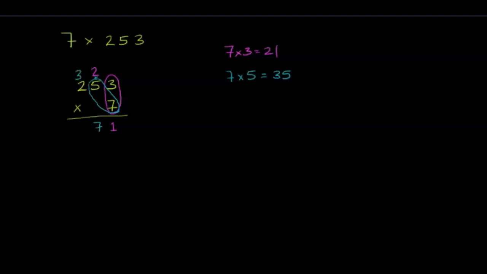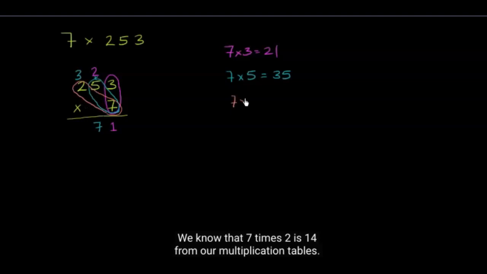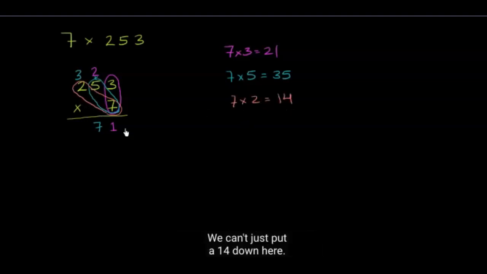Carry the 3. Now we need to compute what 7 times 2 is. We know that 7 times 2 is 14 from our multiplication tables. We can't just put a 14 down here. We have this 3 to add, so 7 times 2 is 14, plus 3 is 17. So now we can write the 17 down here because 2 is the last number that we have to deal with. And so we have our answer. 7 times 253 is